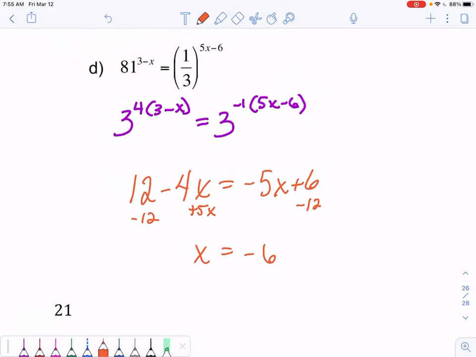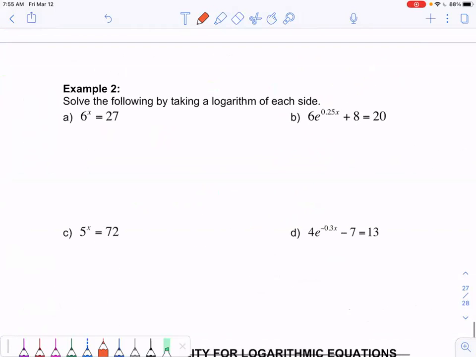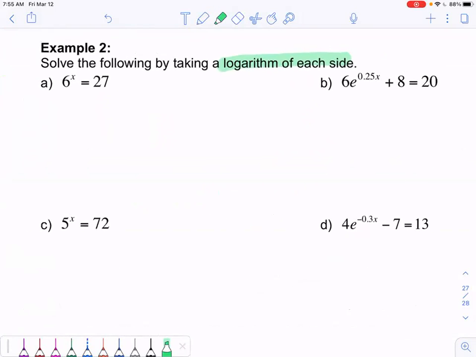Questions with solving for exponents with getting the base the same, setting the exponents equal. So in the next group of problems, it says solve the following by taking a logarithm. And then it says of each side. We're really going to be changing it to logarithmic form. So if you look at 6 to the x equals 27,